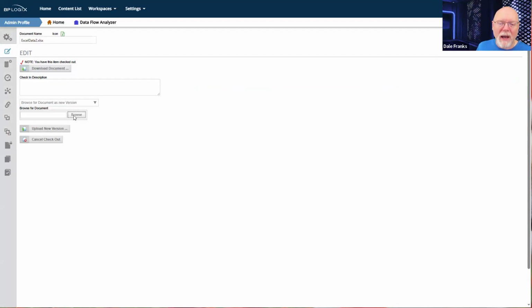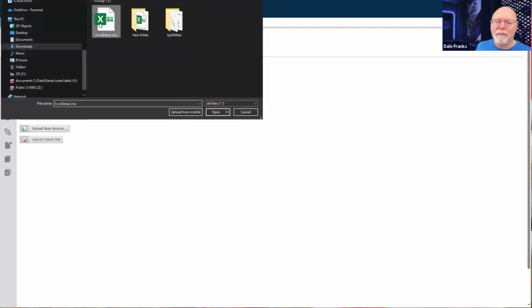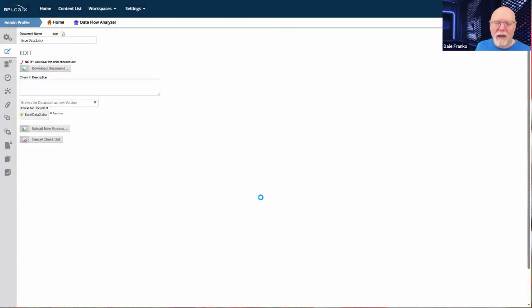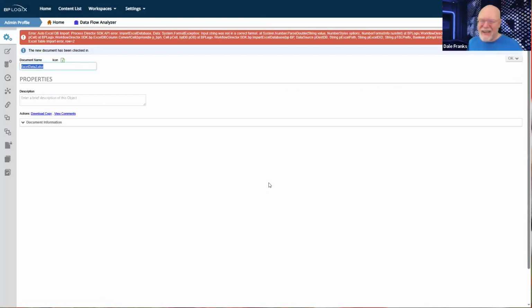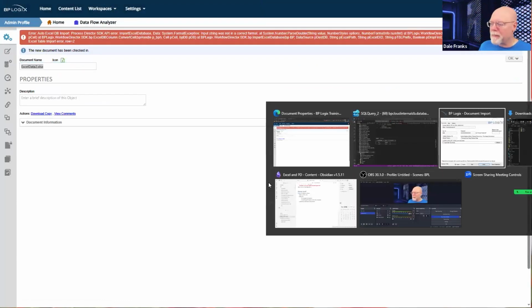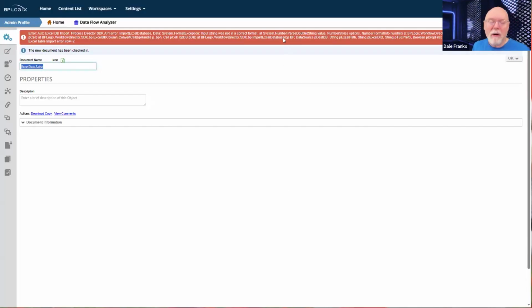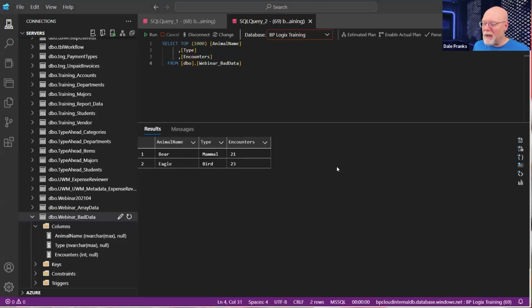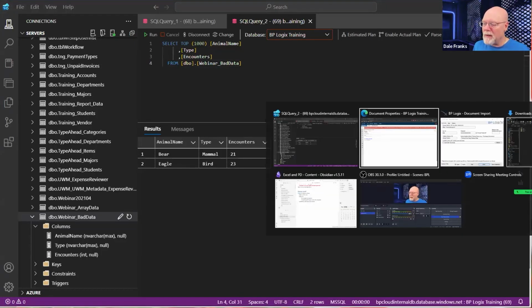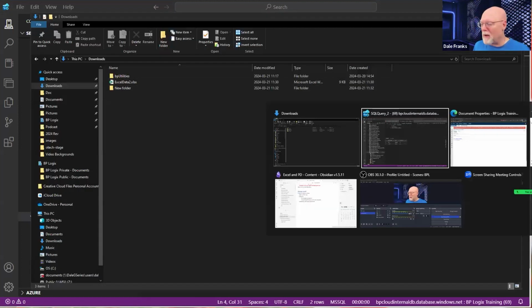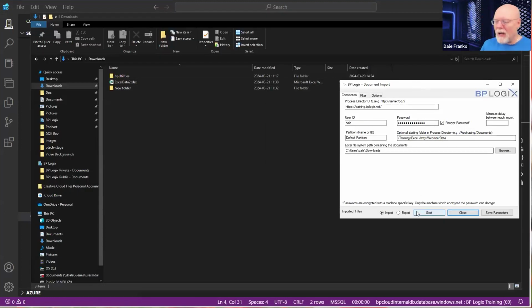I can do a checkout and then check back in. For Excel data 2, I can upload it. It's going to blow up again on me. And in SQL Data Studio it's still only going to get me to record number 2. Okay, but at least it gave me an error. It did not give me an error when I tried to run it out of BP import.